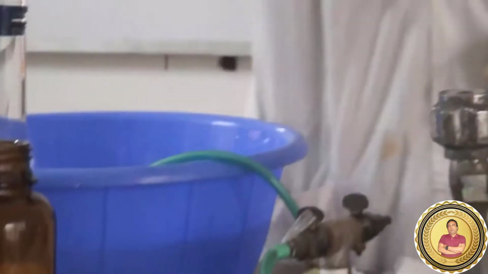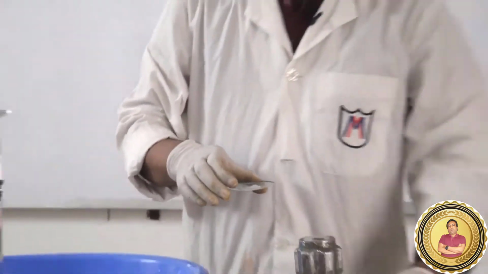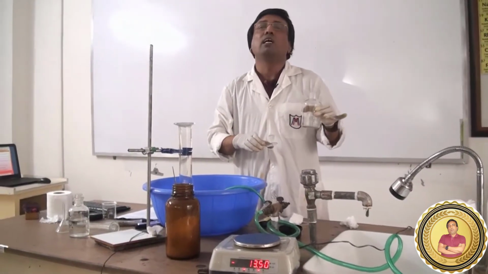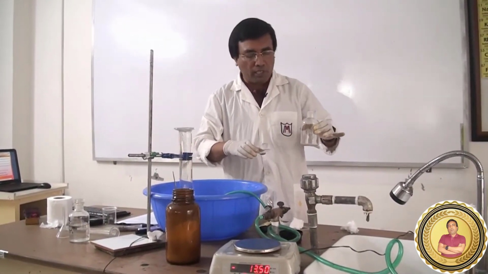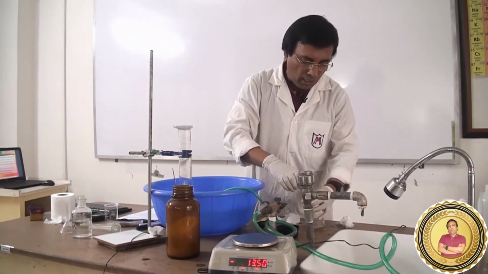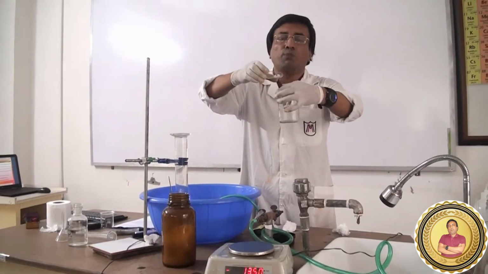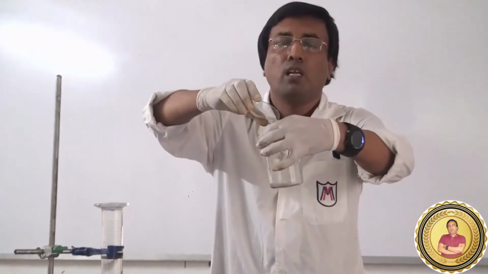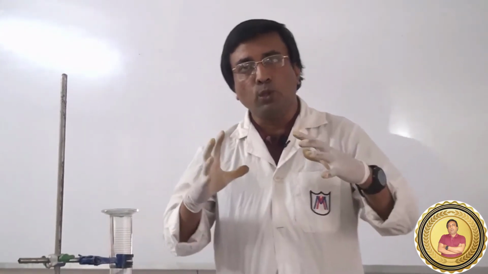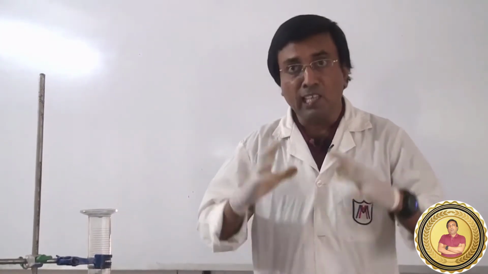We will have to transfer it into a conical flask according to the procedure, but still here we are using the reagent bottle, 250 cubic centimeter reagent bottle. Look at this, how we can transfer it very carefully, not losing a piece of marble chips. All of you look at how we are transferring. I am transferring like this. Okay, all the pieces from here transferred to the conical flask. Now what we have to do, by this moment we have to do very rapidly and carefully.